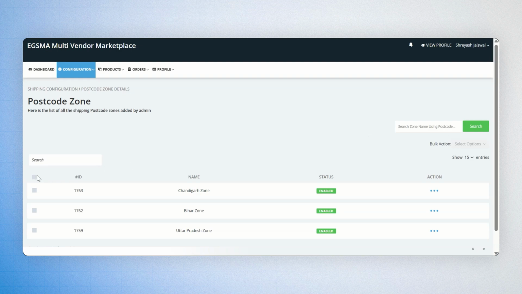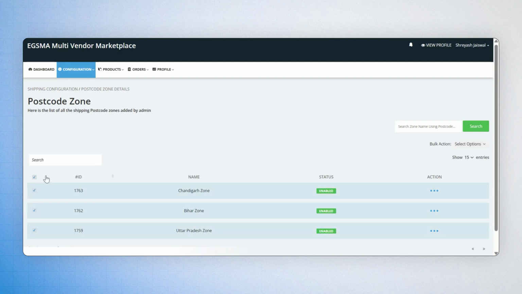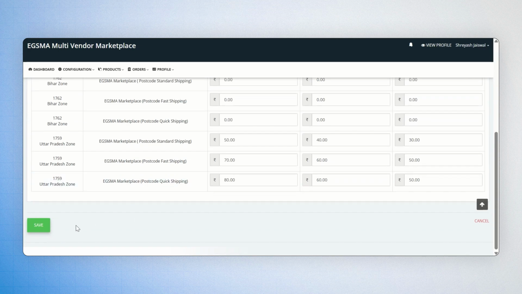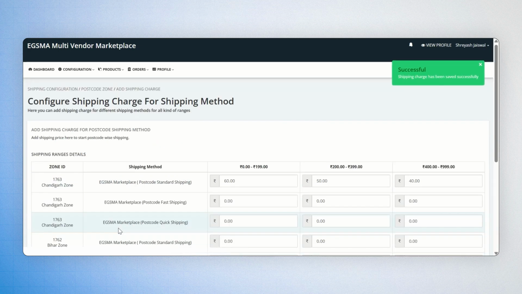For bulk actions, select multiple postcode zones by checking the corresponding boxes. Then use the Bulk Action menu and click Bulk Edit. From here, you can update the shipping charges in bulk. Once the updates are complete, click Save. This completes the setup for